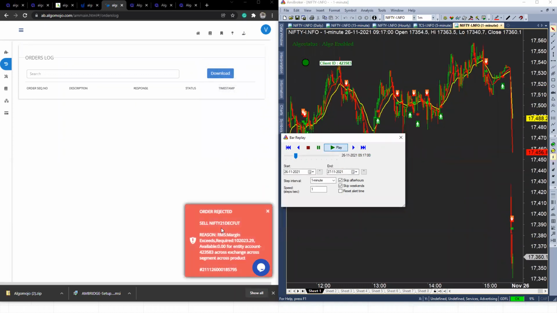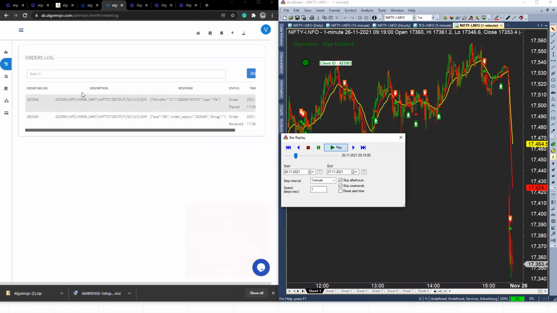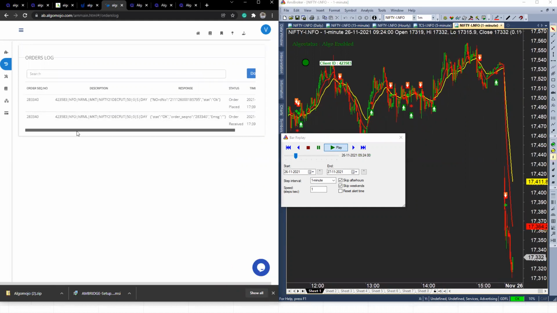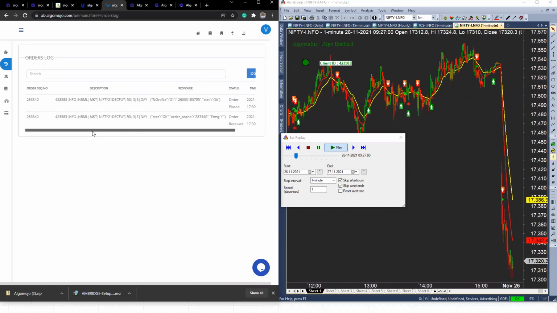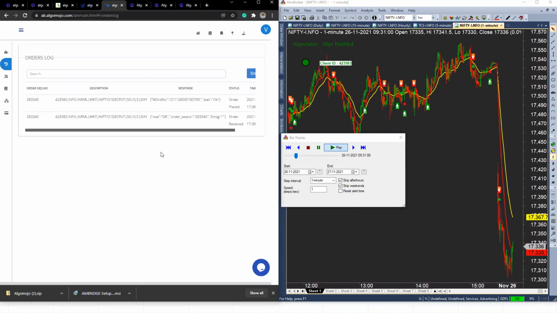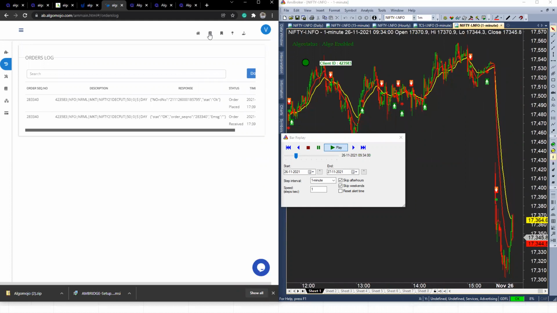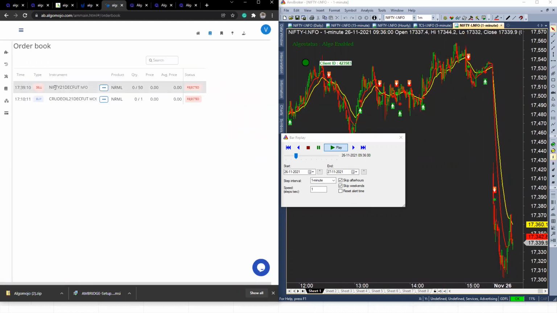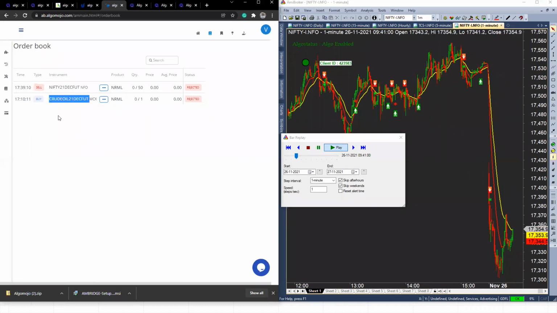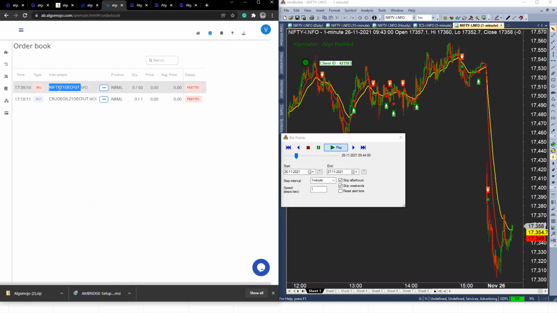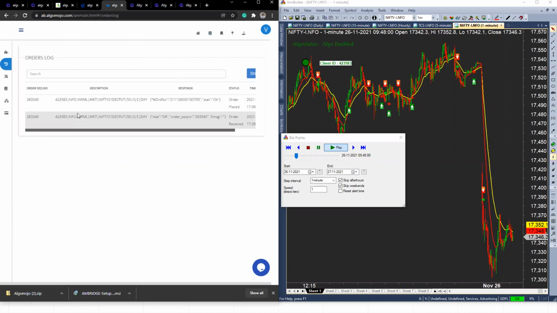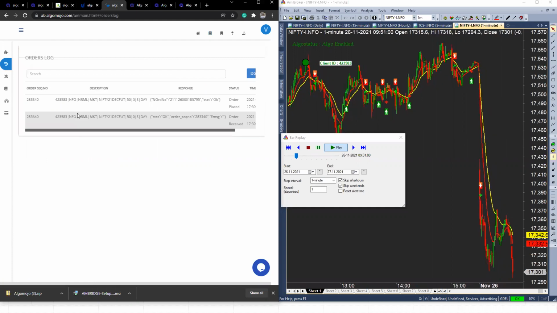So the sell signal is happening. You can see that the moment the sell signal happens, automatically it is coming in over here. Instantly it is coming over here, right? So any buy or sell signals are executed immediately and instantly. Those signals will keep appearing in the order log. Not only in the order log, it will happen in the order book section also, right? As I said, order book contains what? This is a manual order we placed sometime back at the start of the session, and this is an automated order. Whereas order log contains only automated orders. It can be from AmiBroker, it can be from TradingView.